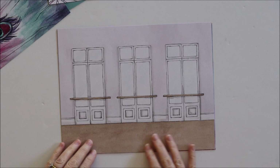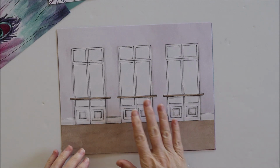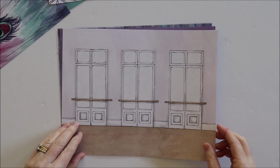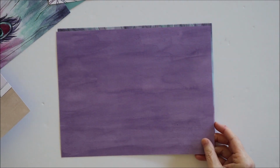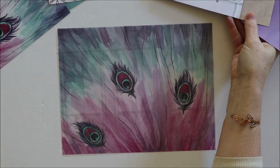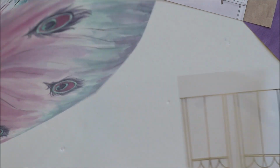And then this paper is a gorgeous dance studio. So you could use die cuts or stickers to create a scene in the dance studio. And this purple is on the reverse of that one. So they're the 6 papers, and then there's this vellum,